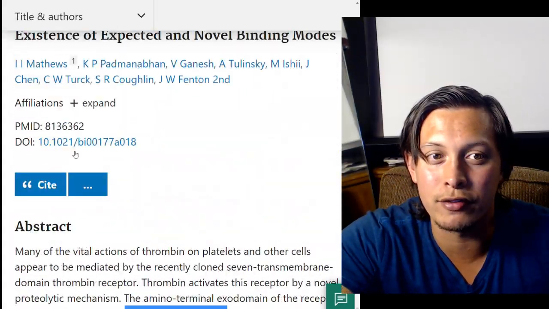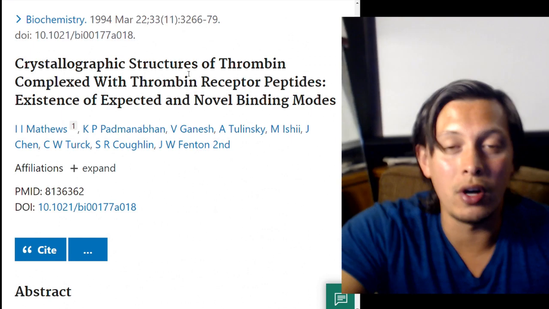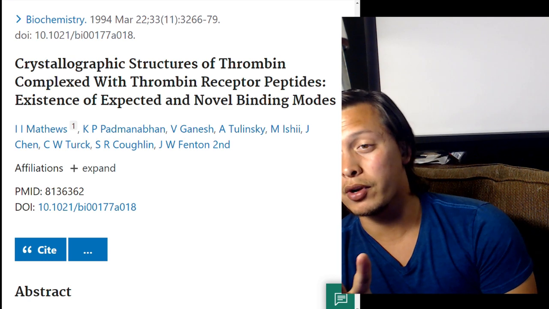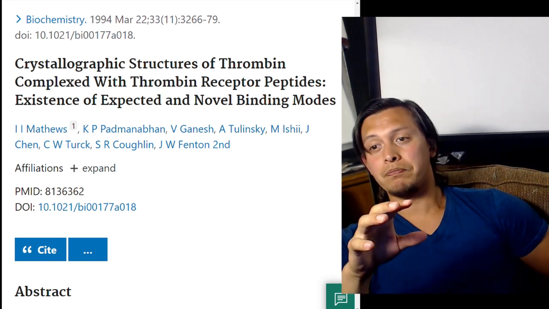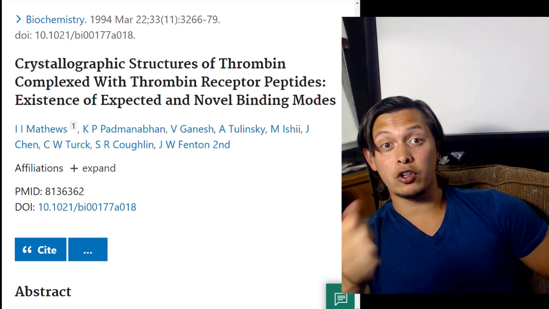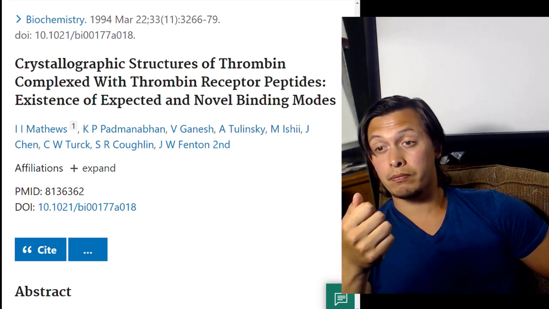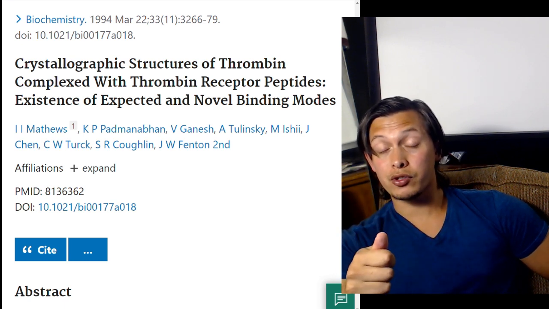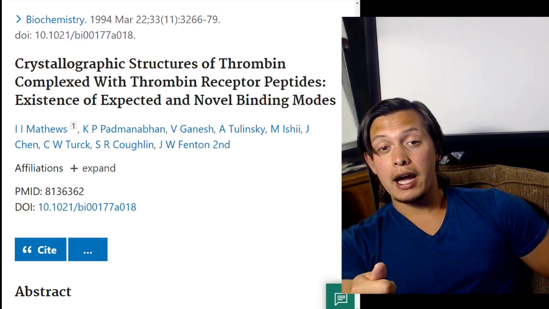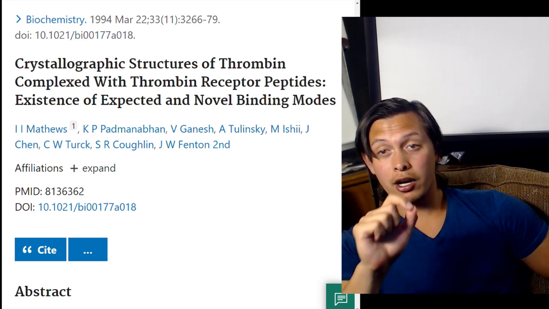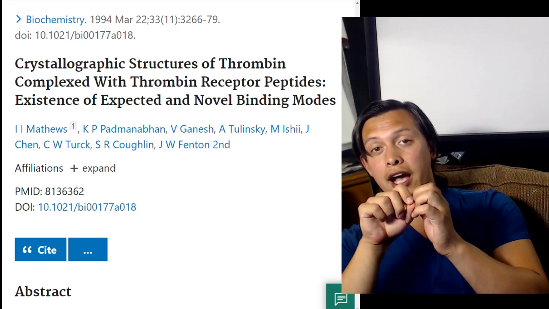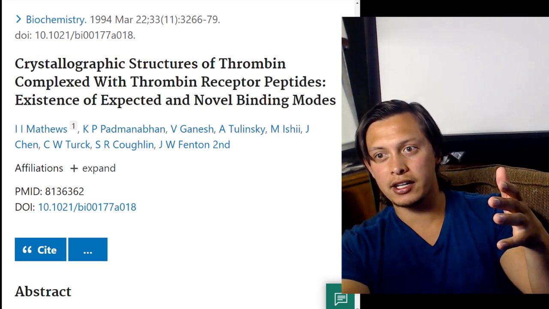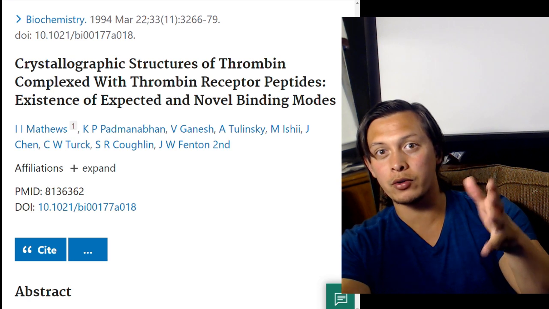So this is basically going through a similar thing. They're analyzing the structure of thrombin complexed with this peptide. So that could be a strategy. It has nothing to do with SARS coronavirus or SARS-CoV-2, but a lot of times we learn a lot about a protein or enzyme if we can figure out its three-dimensional structure. And one of the ways that we find the three-dimensional structure is that we crystallize the protein and then we shoot it with an X-ray. And then when we shoot that crystal with the X-ray, the X-rays will scatter, and you collect that data of the scattering, and you can figure out